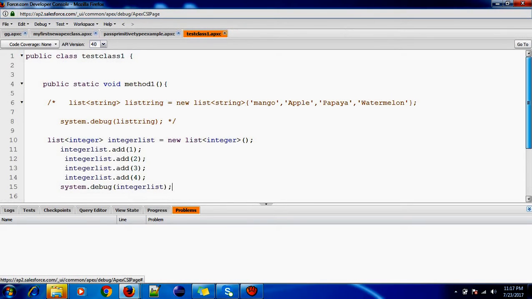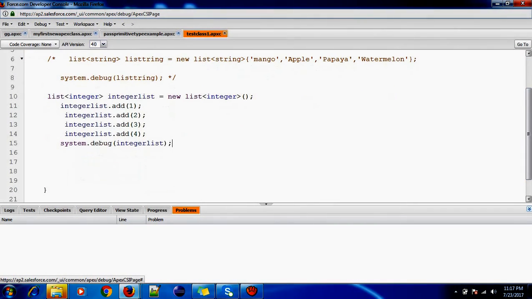So I have a test for you. Here we are adding separately, like integer list dot add 1, integer list dot add 2, 3, and it's getting added. But here while we are trying to add, it's not getting added.